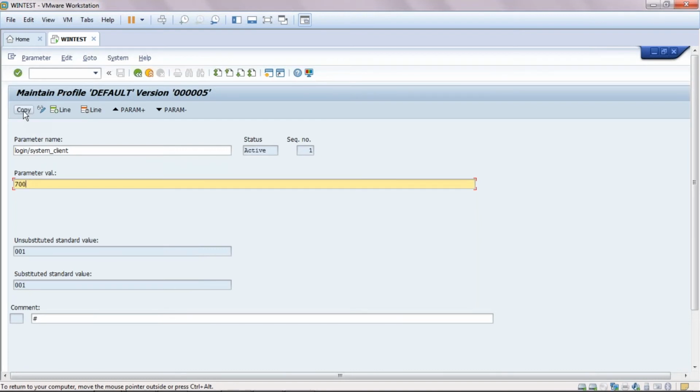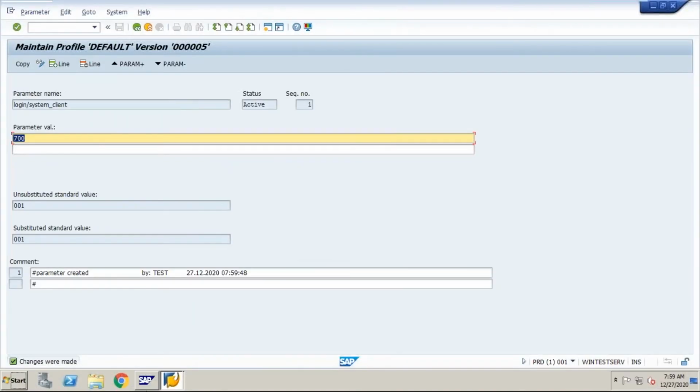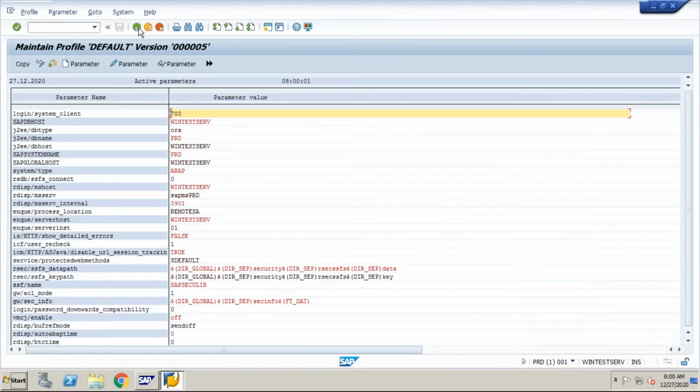Now press on copy. See, it shows changes were made. Now go back and press copy again. See, the changed profile was transferred.